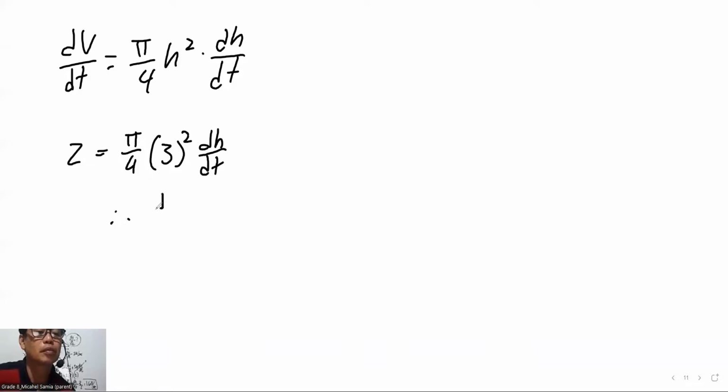Therefore dV equals 9 pi over 4. Josh, don't use the calculator first. Show the solution when you cross multiply the values. dH/dt is equal to